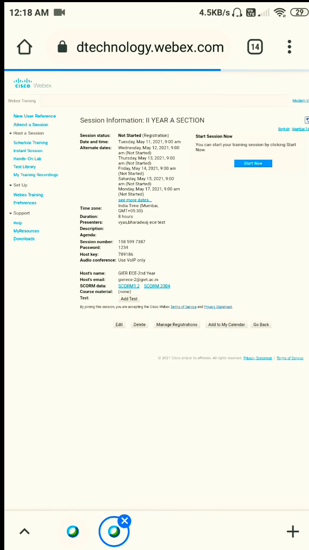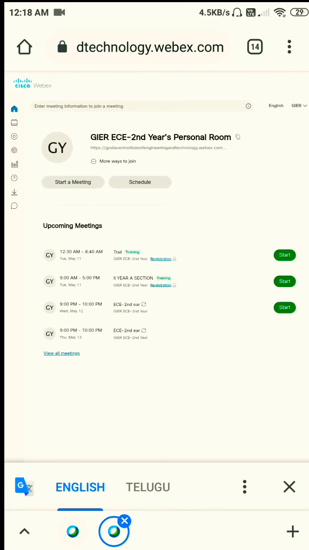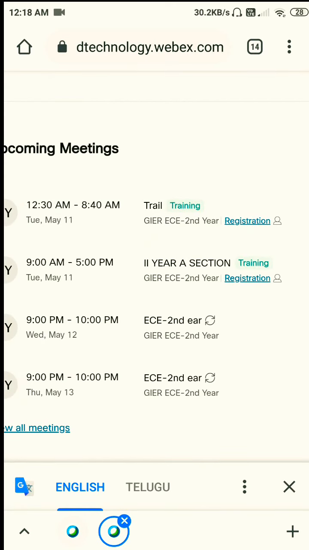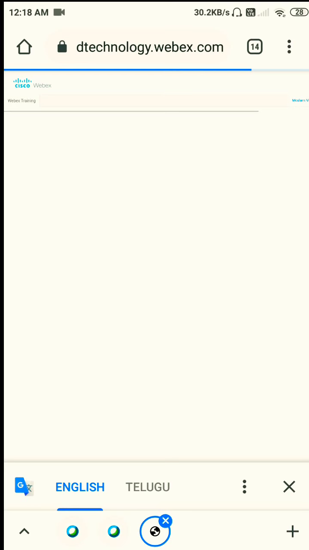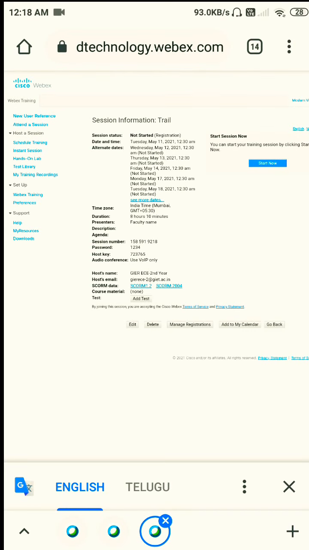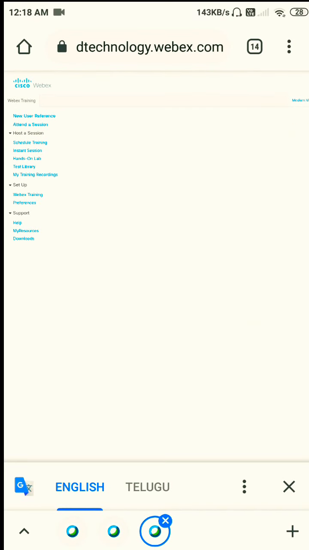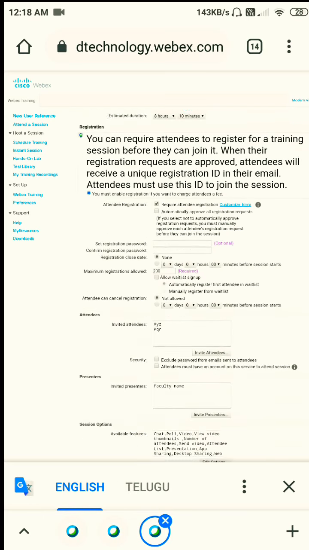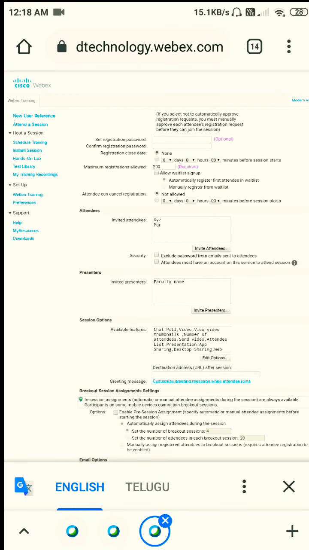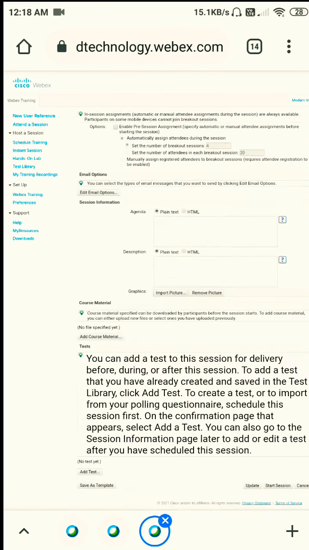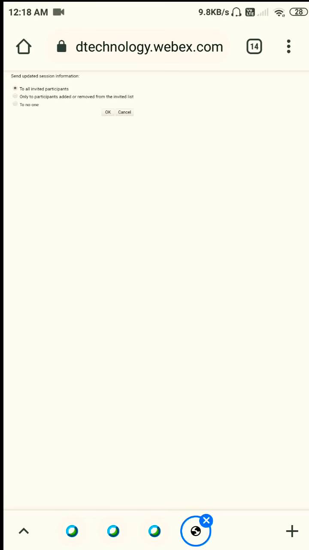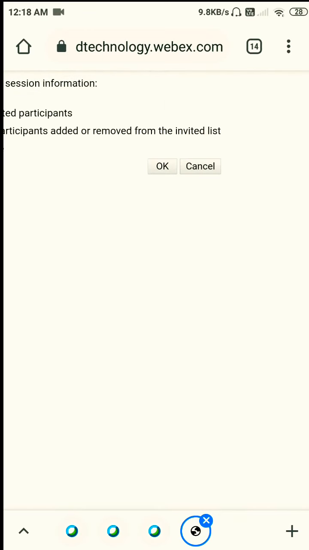So the information is shown here. Now what you have to do is check for the meeting and you can start it from here. It is not possible in mobile, only adding the PIN numbers is possible here, but to start a meeting you need to go for a desktop or laptop.